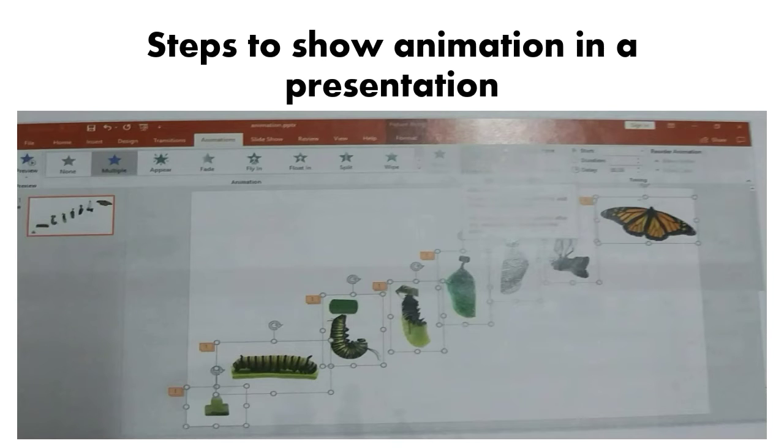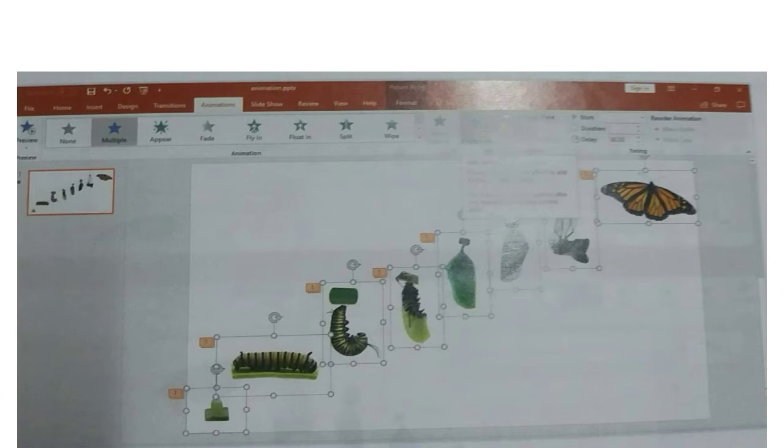Select the images that need to be animated. In this case, we want all the images to be displayed one by one in the correct order. So we select all of these. On the Animation tab, click the Add Animation option. We will be presented with 3 animation options as mentioned below.